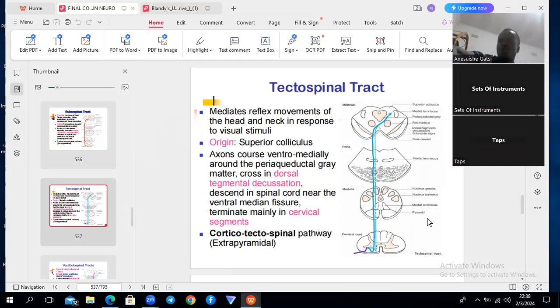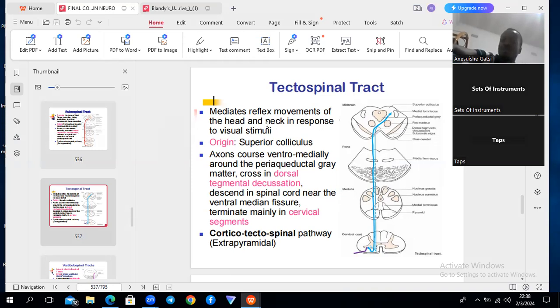We talked about what we call the corpora quadrigemina. For you guys, we can use superior colliculus, but this is simply part of the tectum. So these final words may be hard for you guys to know now, but for now, I just want you to know that the tectospinal, like I said, it will end in the cervical region, and it will mediate the